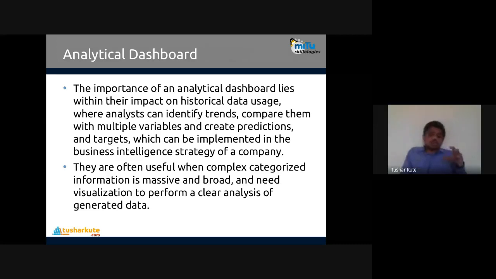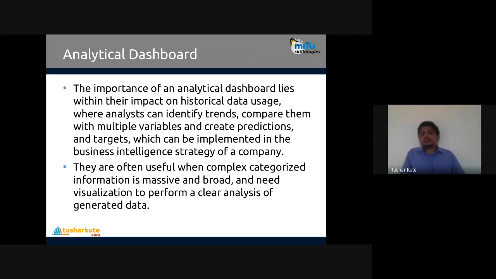Correct. So without using any specialized algorithm, in graphical, visualized format on the dashboard, decision making is possible, prediction is possible, target identification is possible, which can be implemented in the business intelligence strategy of the company.